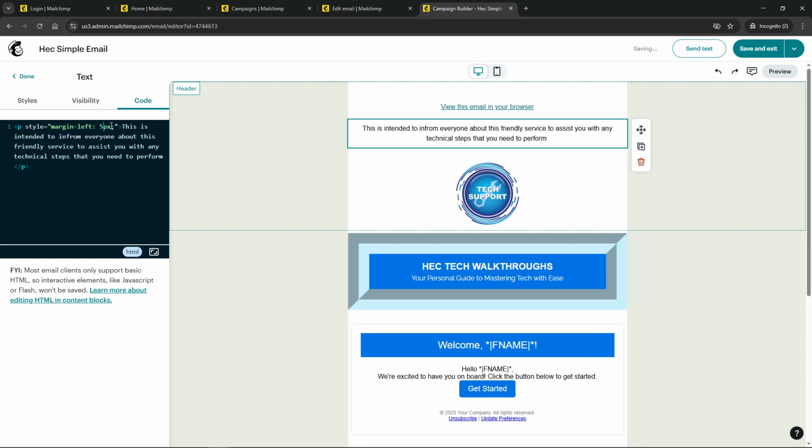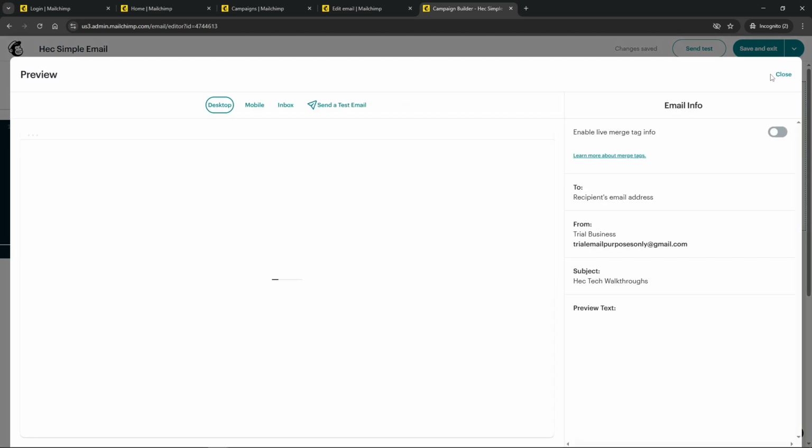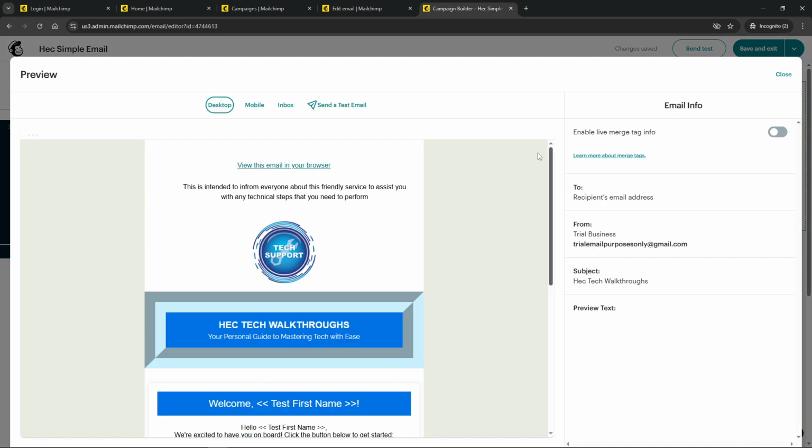Before finalizing, it's always a good idea to preview your email. Use the preview option to see how the indentation looks in the context of your entire email design. If things look off, you can go back and make any necessary adjustments to the indent value until you're satisfied with the result. Finally, once you're delighted with how everything looks, don't forget to save your changes in the code